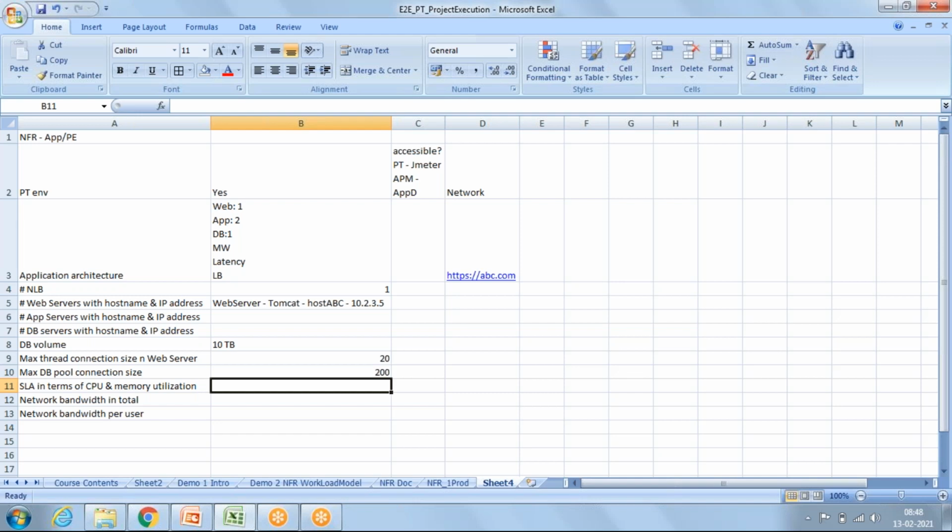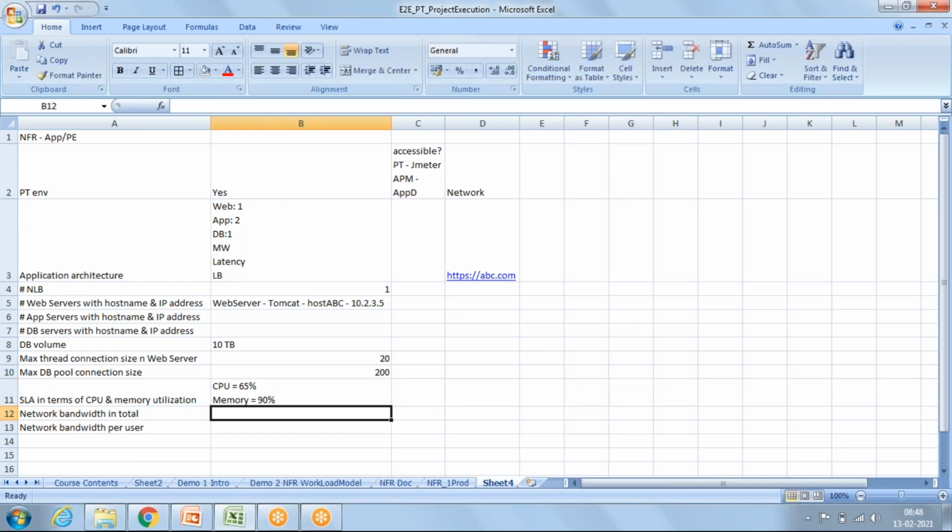And SLA in terms of CPU or memory utilization. Can you see the difference? In PT, we have SLA, but that is in terms of response time. But in PE, we have these points from the CPU and memory utilization side. Suppose CPU 65% is acceptable, and memory 90% is acceptable.